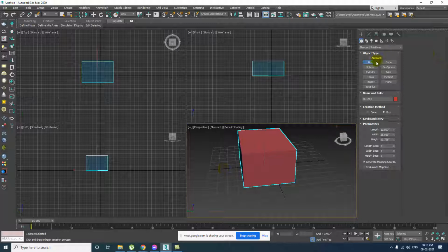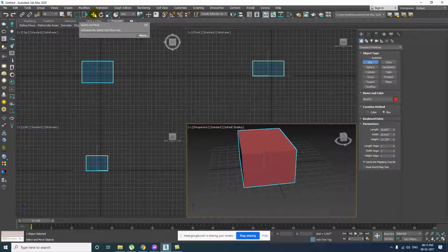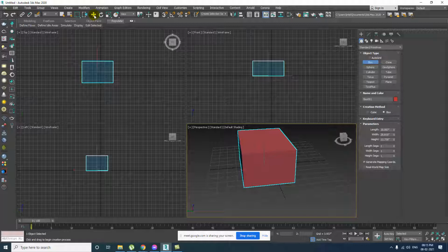Right now I am in drawing mode. To come out of the drawing mode and go to edit mode, I have to press escape. Another option is keyboard W. W means move. Keyboard W is the shortcut for select and move the object. The object is already selected. Yes, W means move the object.